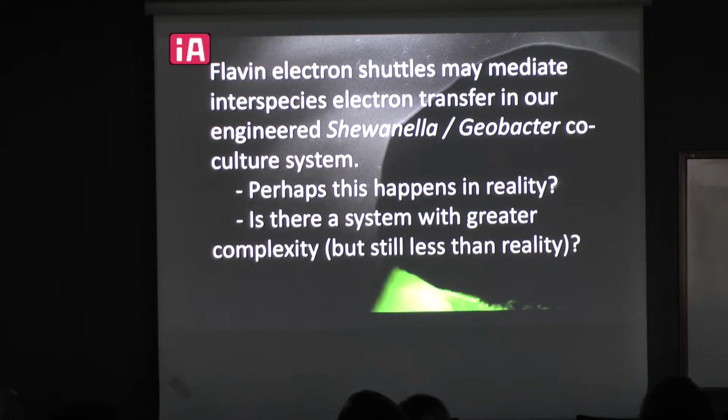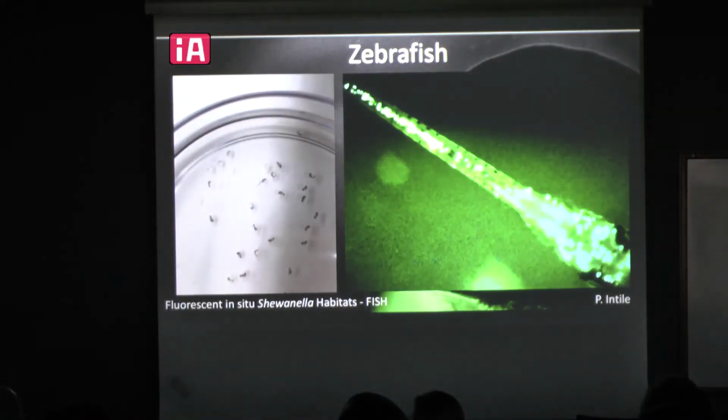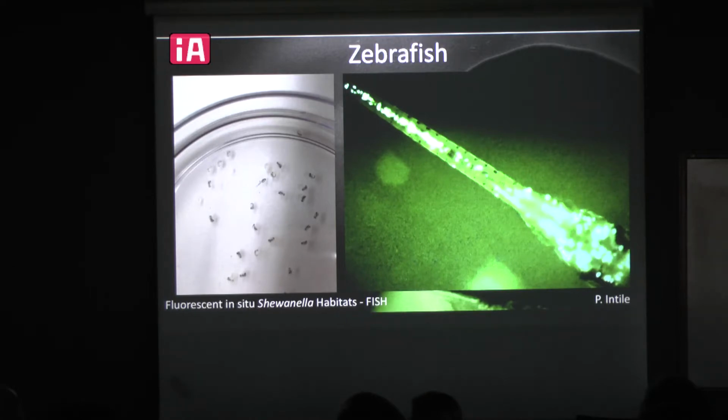And one of the things that we've also been thinking about is maybe moving into a system with even greater complexity, but still controllable. And that's something we call fluorescent in situ habitats, or FISH. So these are little zebrafish. This is a GFP labeled zebrafish that we use in our teaching labs, where the neutrophils are labeled